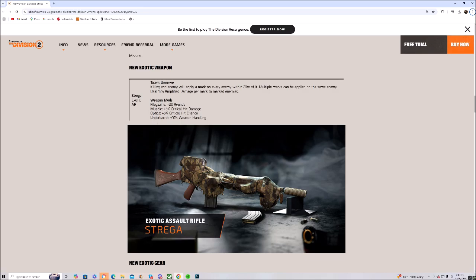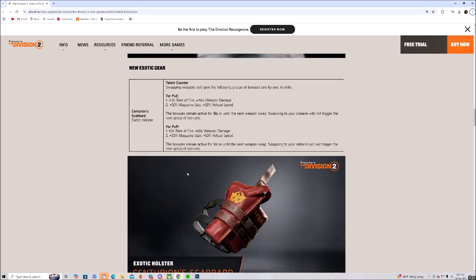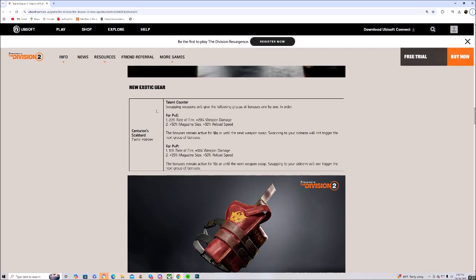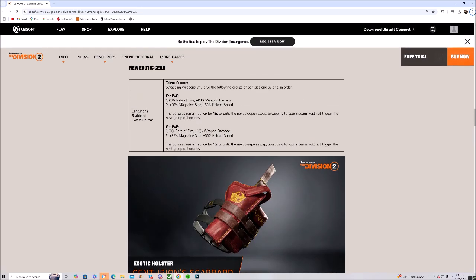Then you have the new exotic Syrian Scabbard, which is the new exotic holster, which I'm super excited for, because of this alone for PvE. PvP is pretty sweet too, but for PvE, I feel like this is going to be absolutely awesome, just being able to have your buddies give this to you. It says here, talent counter: swapping weapons will give the following group of bonuses one by one in order. So you have rate of fire and weapon damage, then you have magazine size and reload speed, and the bonuses remain